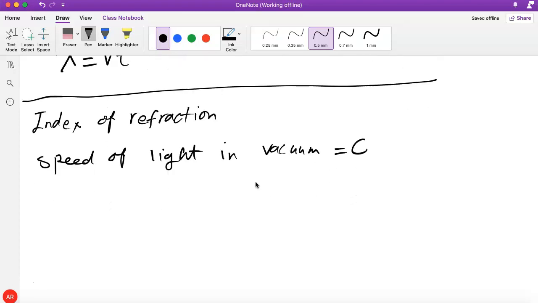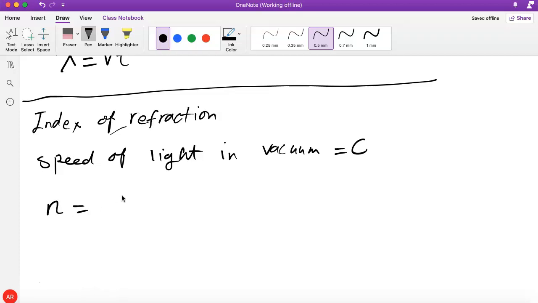And then as light moves inside various materials, various transparent or translucent materials that allow light to pass, it typically slows down. So in air, it slows down just a little bit, but in glass, for example, it slows down more significantly. And there is a number which is simply the ratio